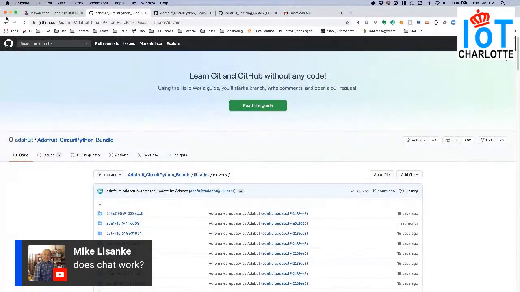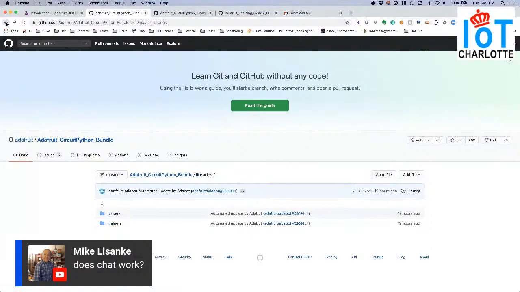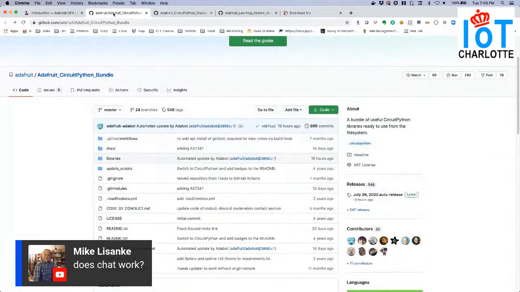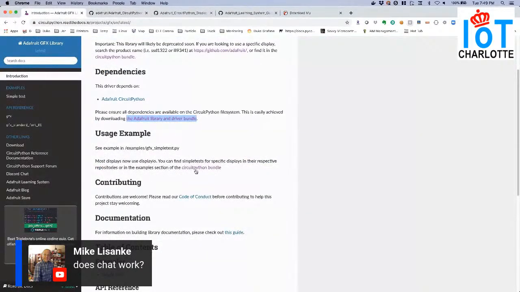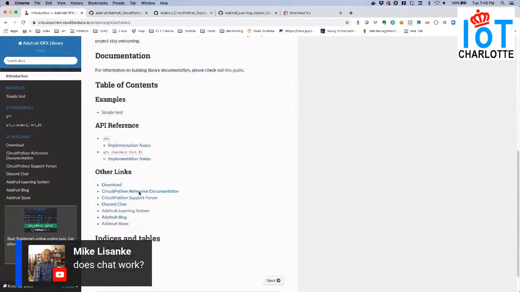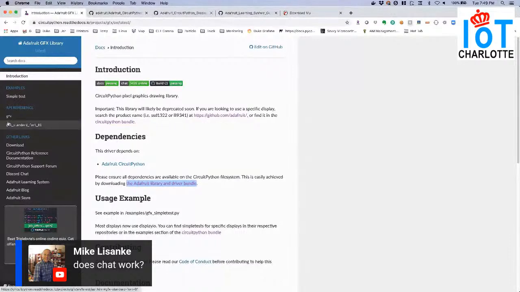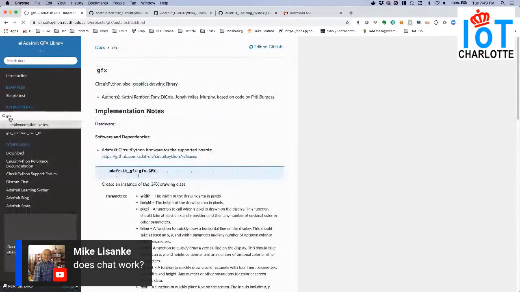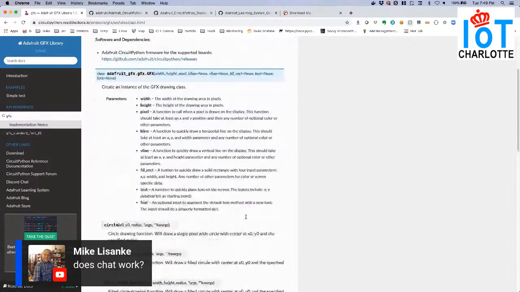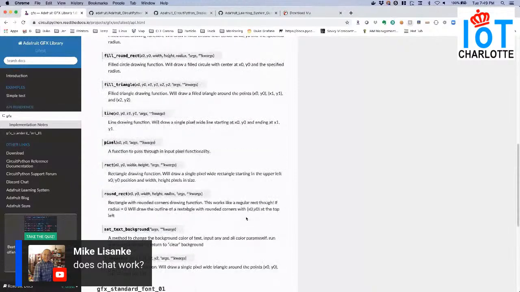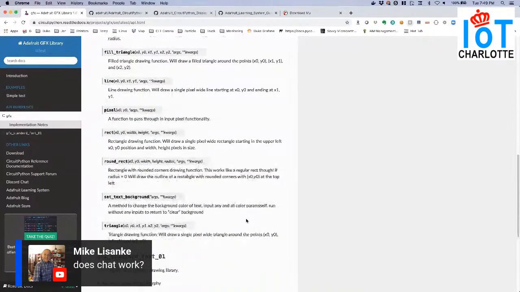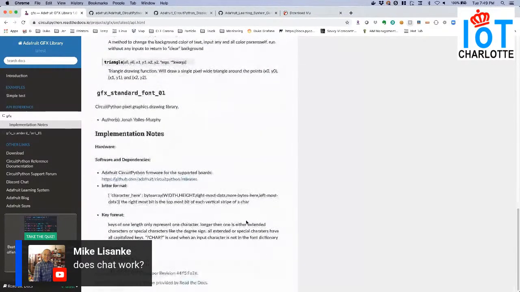You pair those drivers with GFX, so you would pair a graphics board driver with GFX, and it would work that way.